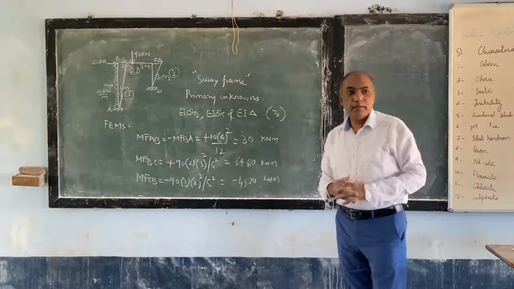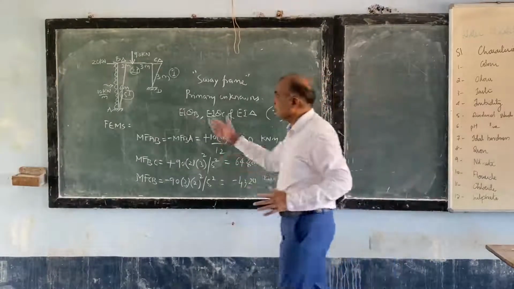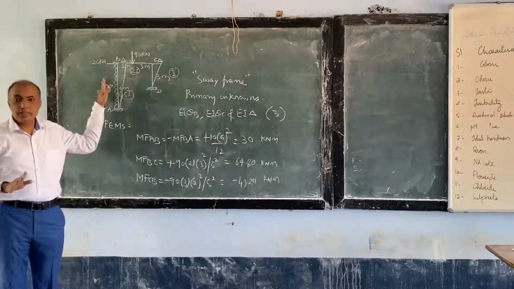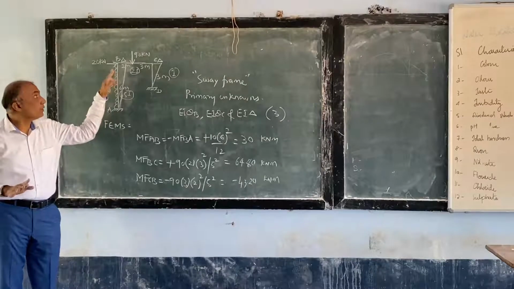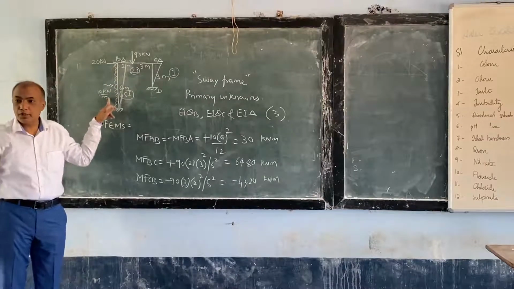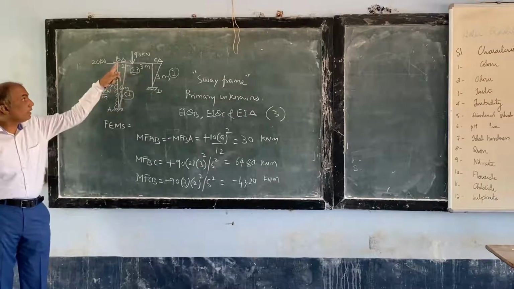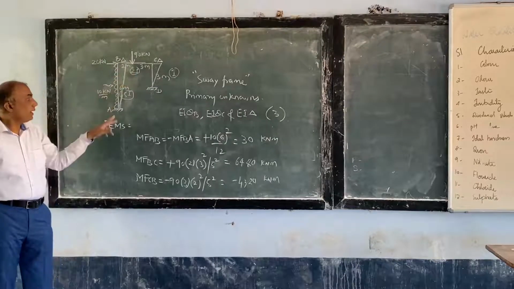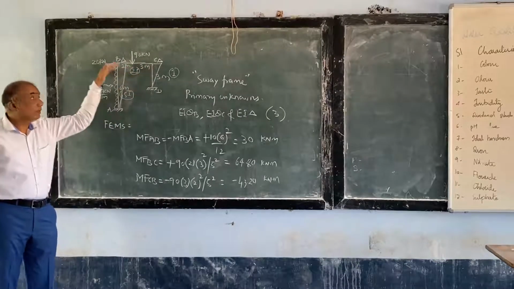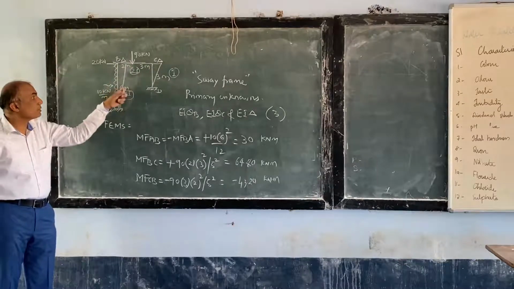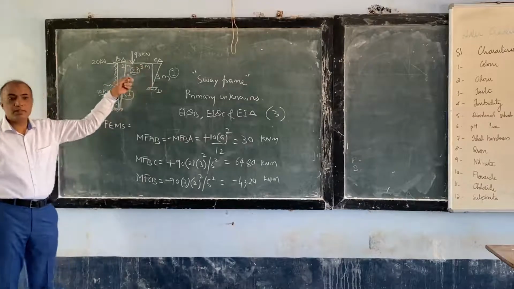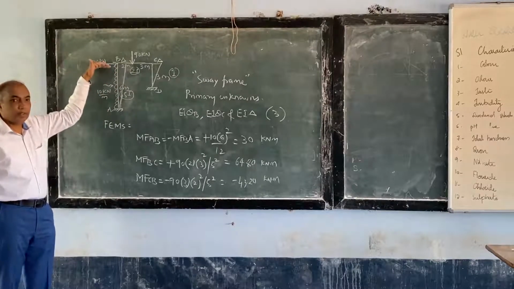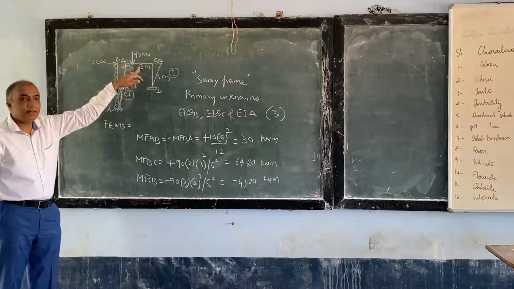So look here, once again I will tell, this is the frame that is given to you for solving. This frame has the loading which is there on the backboard. You can see there is a UDL of 10 kilonewton per meter acting horizontally on this column. There is a concentrated load of 90 kilonewton, and the frame has leg AB equal to 6 meters, leg CD equal to 3 meters. So symmetry in the geometry is lost, and there is a horizontal load and also an eccentric load.